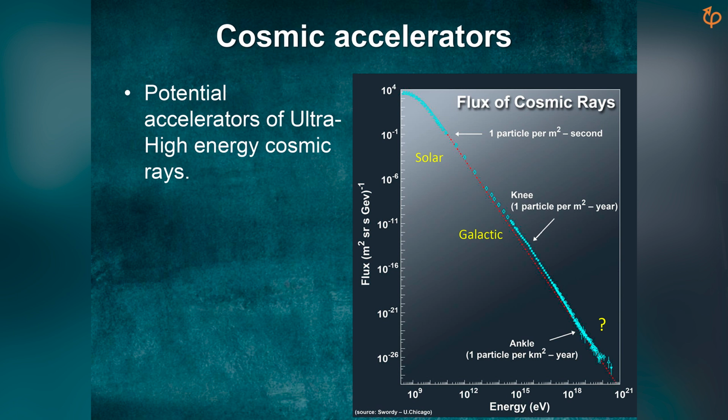And we see this kind of a curve. This is the energy of a single cosmic ray, okay? And this is the flux, the number of particles per meter squared per unit time, okay? So the most abundant cosmic rays that we see originate from the sun. Within the sun, there are processes that accelerate these heavy elements to high energies, and some of them are hitting Earth. As you go to higher and higher energy, the flux of these cosmic rays decreases very fast